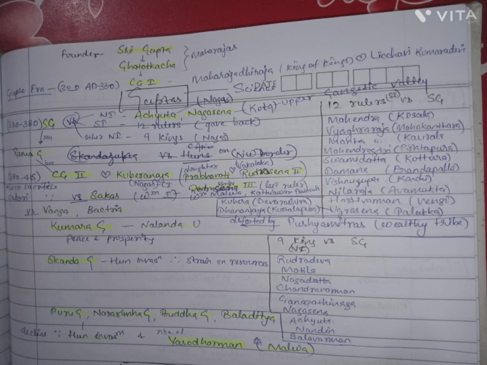There are plenty of source materials to reconstruct the history of the Gupta period. They include literary, epigraphical, and numismatic sources. The Puranas throw light on the royal genealogy of the Gupta kings. Contemporary literary works like the Devi Chandraguptam and Mudrarakshasa, written by Vishakhadatta, provide information regarding the rise of the Guptas. The Chinese traveler Fa-Hien, who visited India during the reign of Chandragupta II, has left a valuable account of the social, economic, and religious conditions of the Gupta Empire.